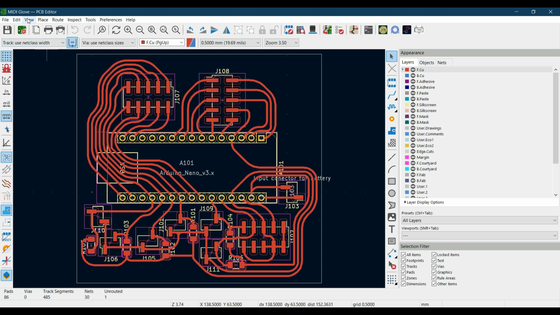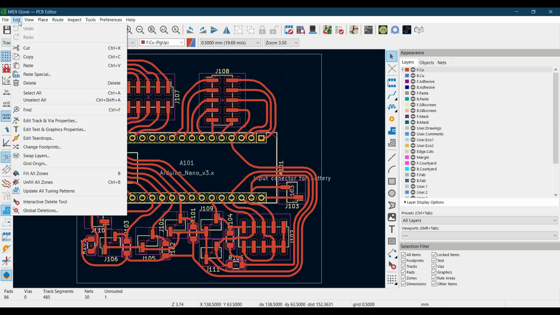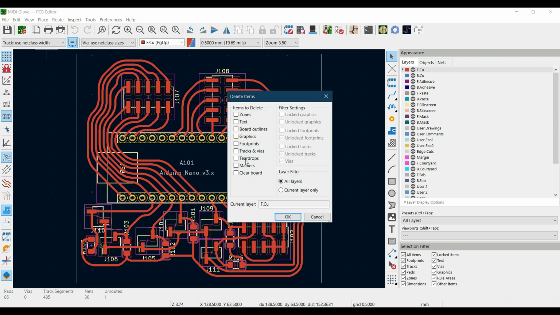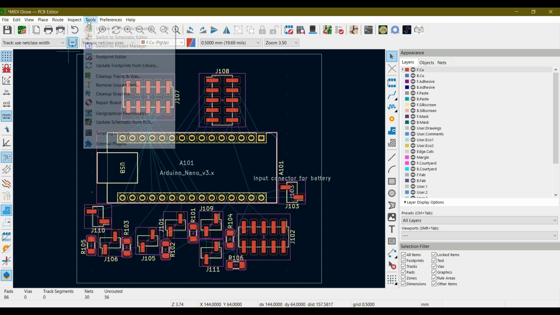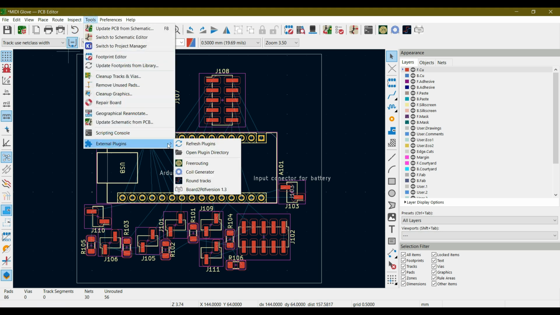So first of all, let's delete these tracks. For deleting this, go to Edit. In the Edit menu we have global deletions. Click on the tracks and vias and hit OK. Now you can see that we have removed all the tracks and vias in the PCB. So let's freeroute this by going to Tools, going to External Plugin, and we have this Freerouting plugin that we